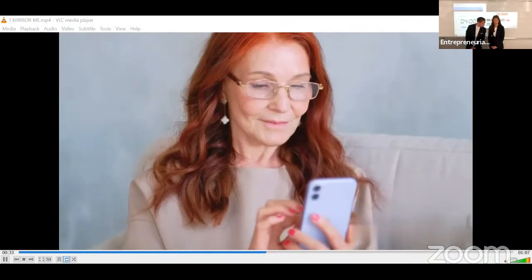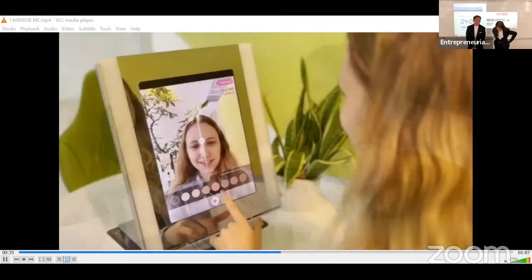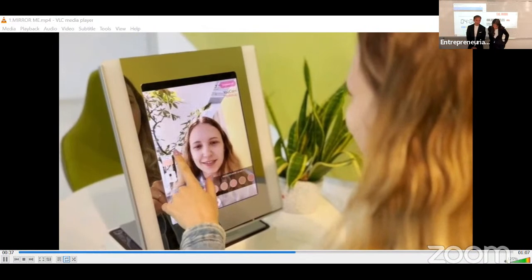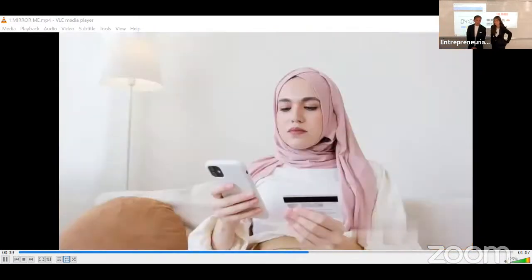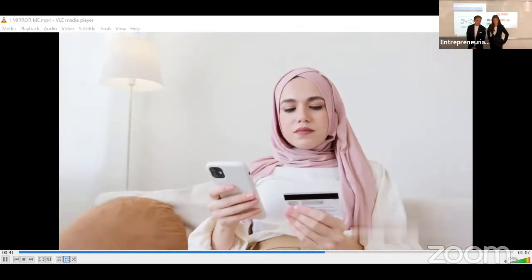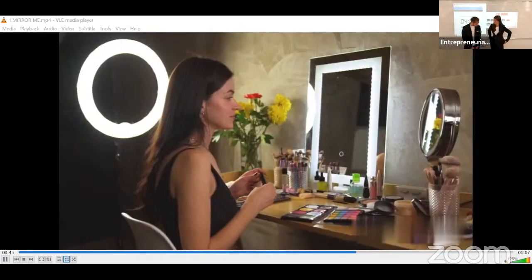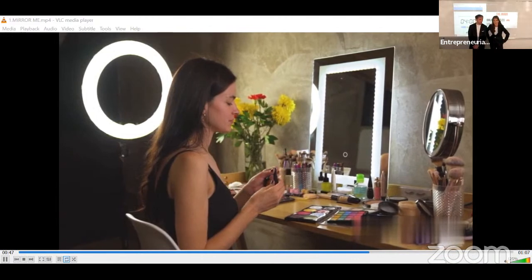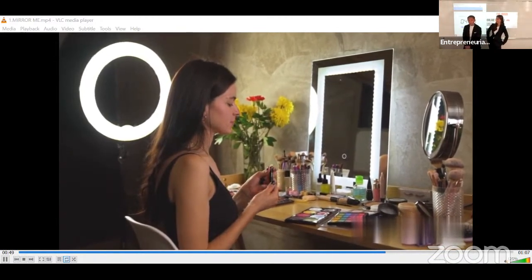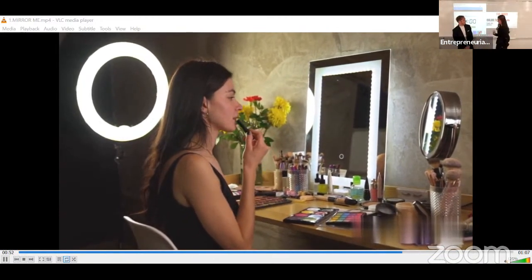MirrorMe is controlled by a smartphone application. It is a personalized device that will allow consumers to find the right cosmetics and beauty products for their skin. MirrorMe can detect 14 skin features in real time to be effective from one day to another. Depending on the skin problems detected, the connected mirror will propose the most suitable product.